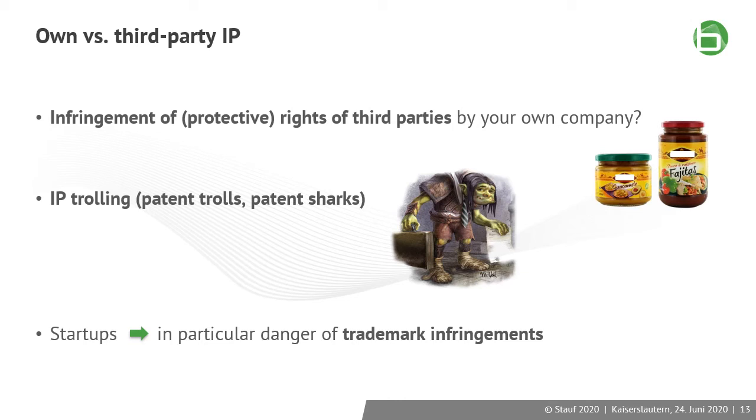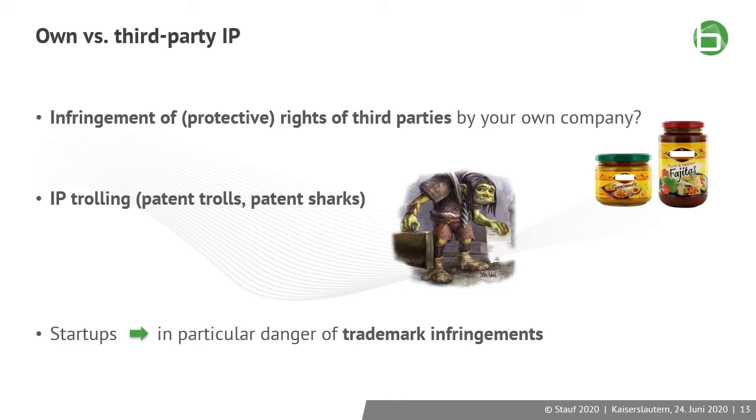These should be given as little room as possible by actively taking care to avoid intellectual property right conflicts already during the development of new products. This is called product clearing. You should do that as well if you introduce new products. Start with a product clearing. It's very important. Especially startups often violate trademark law because they avoid the topic of intellectual property rights. They start with a brand name, not knowing that they are